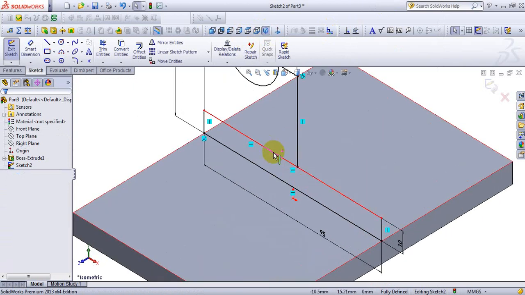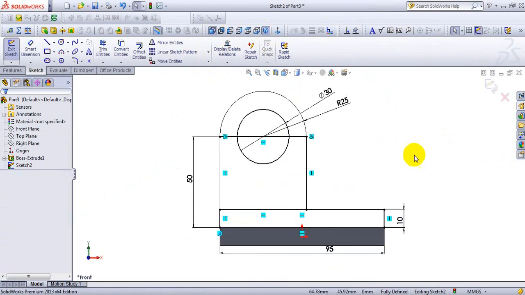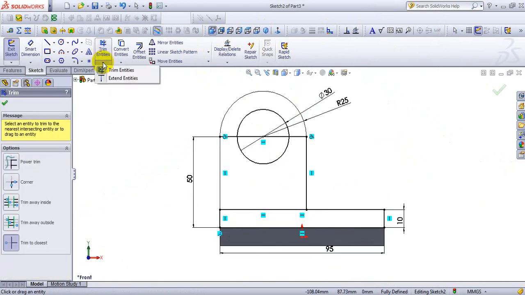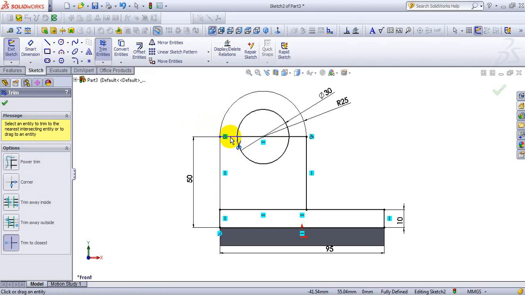Here we have to trim this line and this horizontal line. Now select trim entities, select this, we have to trim this line, so select this line, this and this one, again select this line.